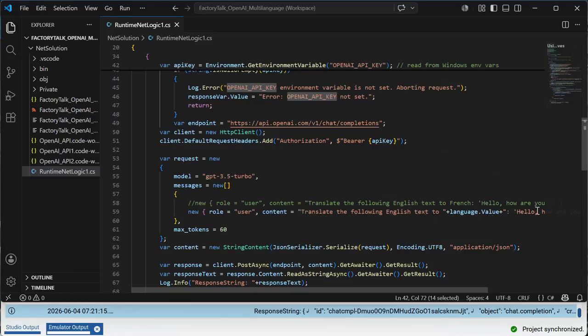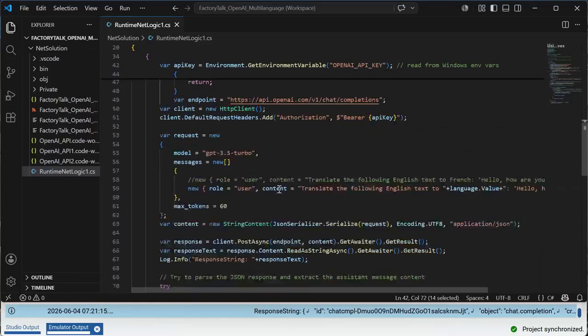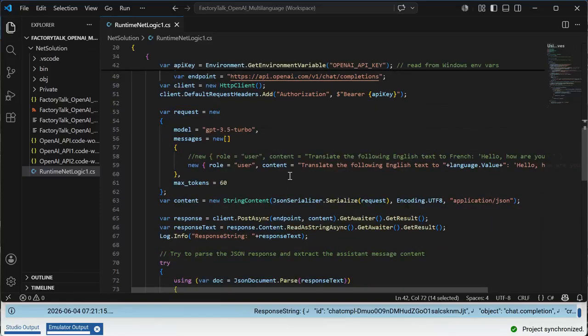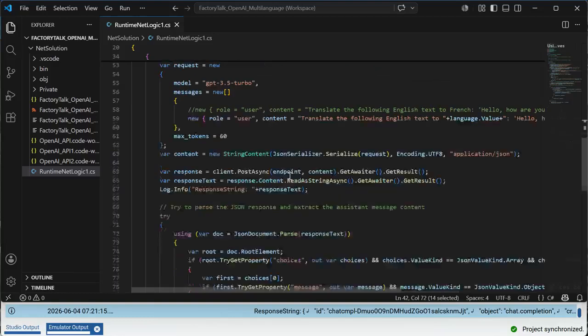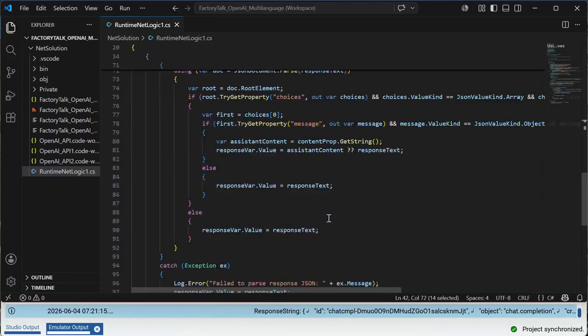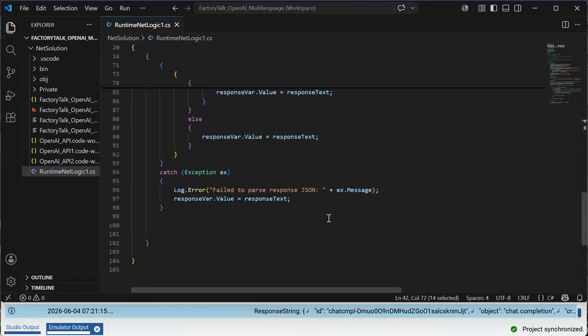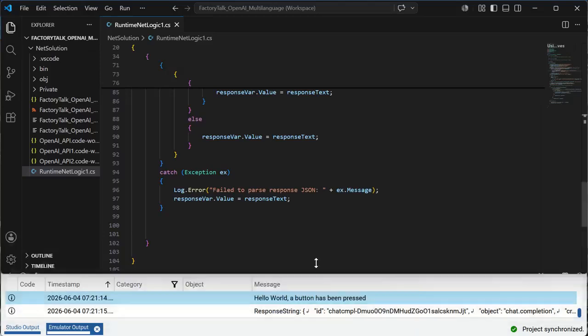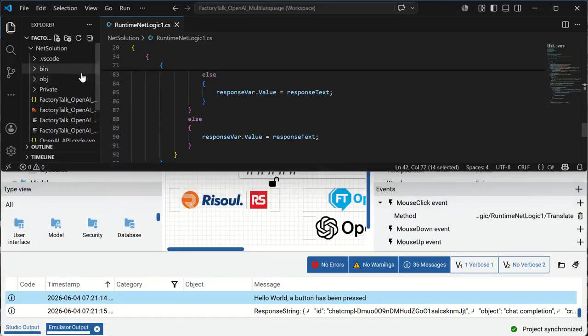Hello world, and so on. Once you have the result, you want to parse the JSON response and extract only the translated message. Okay. You will have this code in GitHub. Once you save this, you're ready to execute your